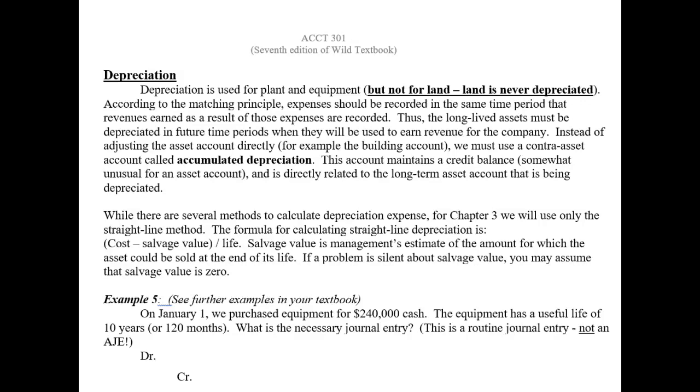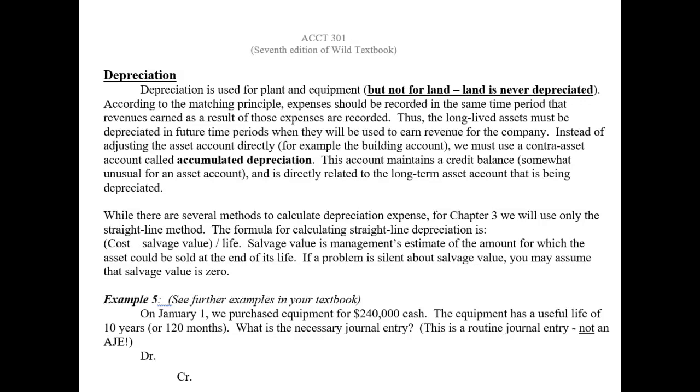Depreciation is used for plant and equipment, but never for land. Land is never depreciated. According to the matching principle, expenses should be recorded in the same time period that revenues earned as a result of those expenses are recorded. Thus, the long-lived assets must be depreciated in future time periods when they will be used to earn revenue for